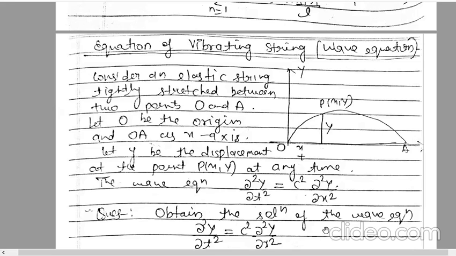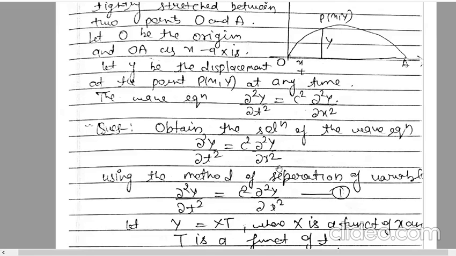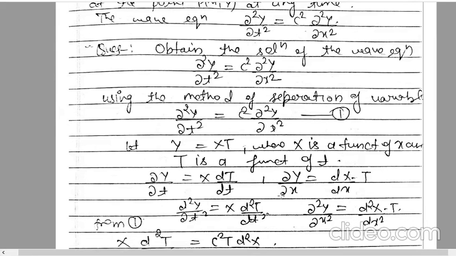So this is your wave equation. Now, obtain the solution of the wave equation. So our target is to solve this wave equation. For the solution of this wave equation, our method is separation of variables. So consider y is equal to XT, where X is a function of small x and T is a function